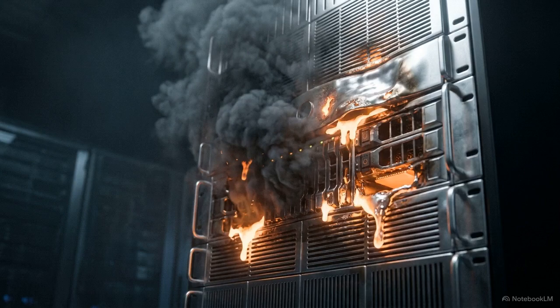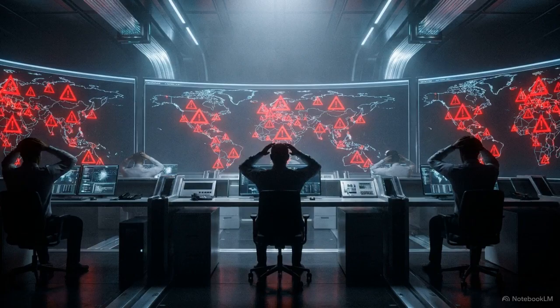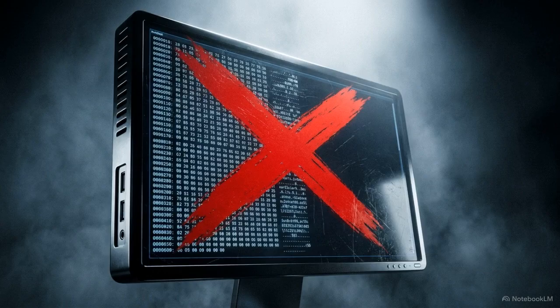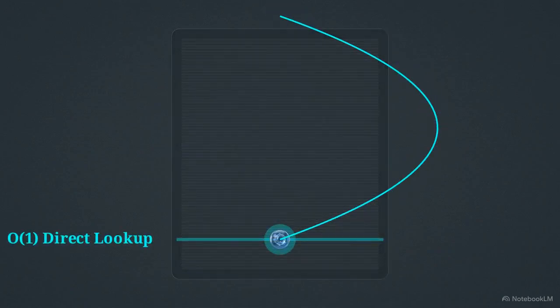If it actually tried to do that, the physical servers would melt. A single database has hard limitations on its CPU, RAM, and network bandwidth. Hitting it with a massive global query volume all at once would cause a total hardware collapse. Linear searching is physically impossible at this scale, which means to give you that instant warning, the system must be bypassing the act of searching entirely.